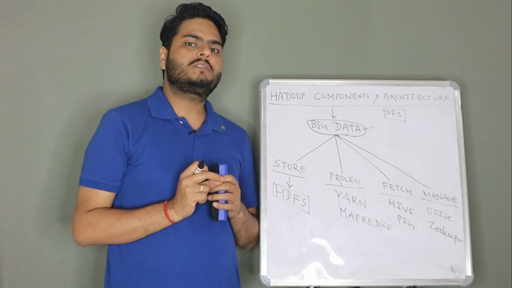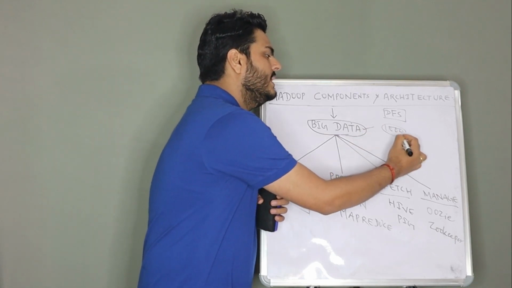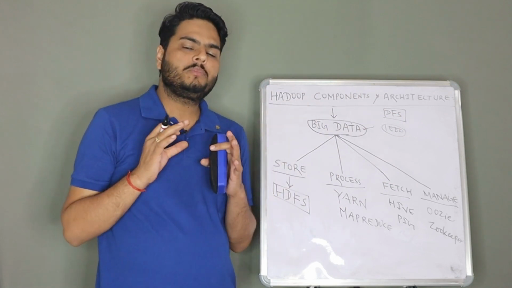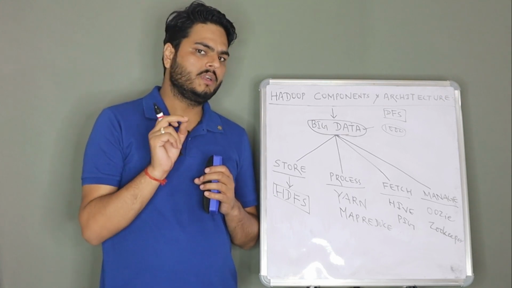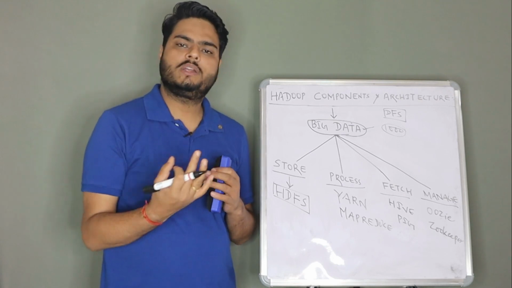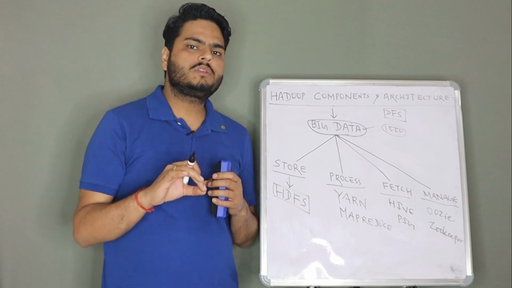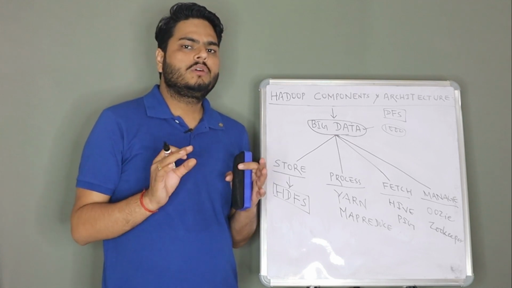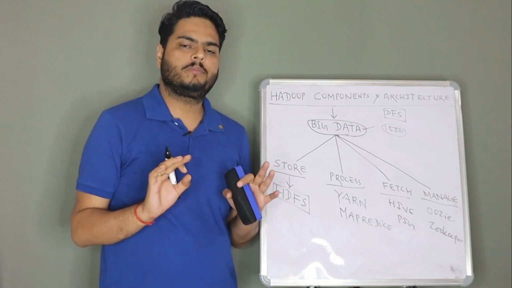If I give you an Excel sheet of 1000 records, and you store this Excel sheet in your local computer, then how many computers are you using for storing that Excel sheet? Only one, right? What if I give you my own computer as well and tell you, hey, I am not using this computer, can you use this computer as well to store your data so that you can use the power of both the computers for storage and processing both.